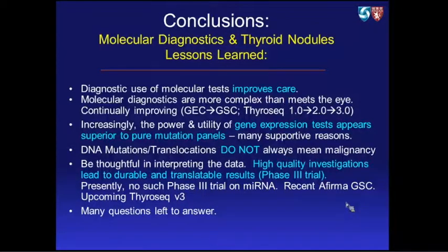I mean, part of the fun of this field too has been that it at times can become contentious, but I think we're all good colleagues. Yuri, myself, Brian Haugen, all of the people who've been involved. And Brian Haugen did a talk with Steve Hodak, who's uptown, a couple of meetings ago, on the unique weirdness of these permutations we're finding now in the clinical world, like multiple tests being done, repeat tests being done, molecular tests being used on benign cytology, right? That's a real no-no. Don't go there at all. So I agree. I think that is up to us as the leading endocrinologists to inform the general practitioners in the world of how to use a test